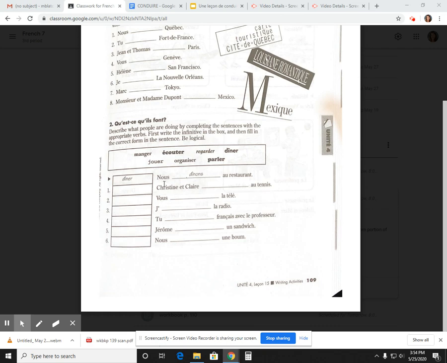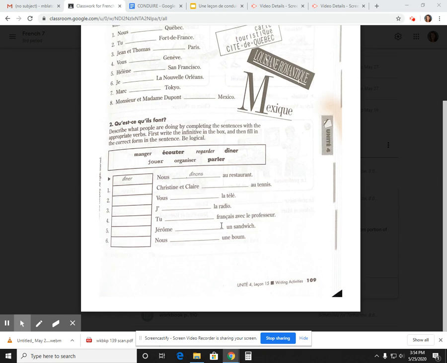And then we learned some rules when we conjugate ER verbs. So our subject here in the example is nous. Well, last week we learned that when we conjugate an ER verb with nous, we drop the ER and replace it with ONS, all right, which is what they did here. So nous dînons au restaurant. We are having dinner at a restaurant. Okay, so you have to look at the context, like you're going to have clues like au tennis,